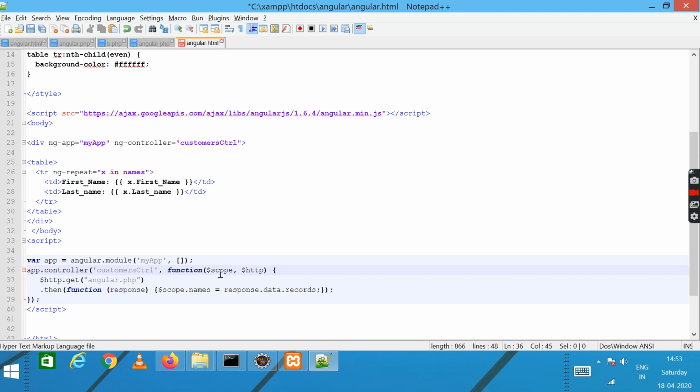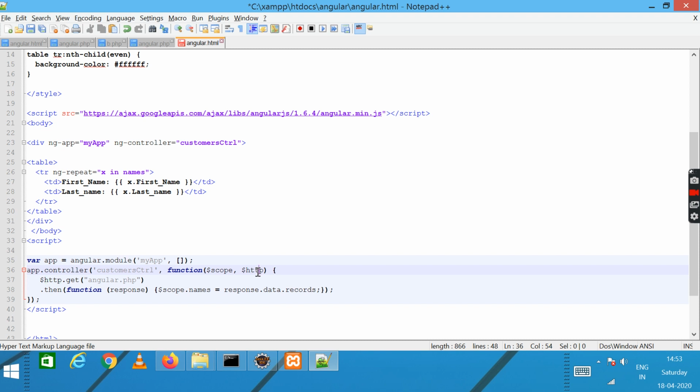This function has two values. One is the $scope variable, which checks what current values you are reading, and second is $http. So $http is basically required to read the response from the server. As we have data on the server side, we need to read that data, and that data will be read as a response, and that response is an HTTP response.